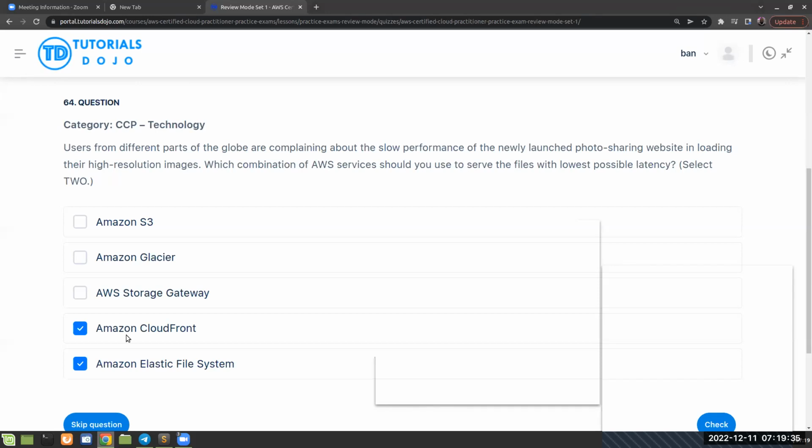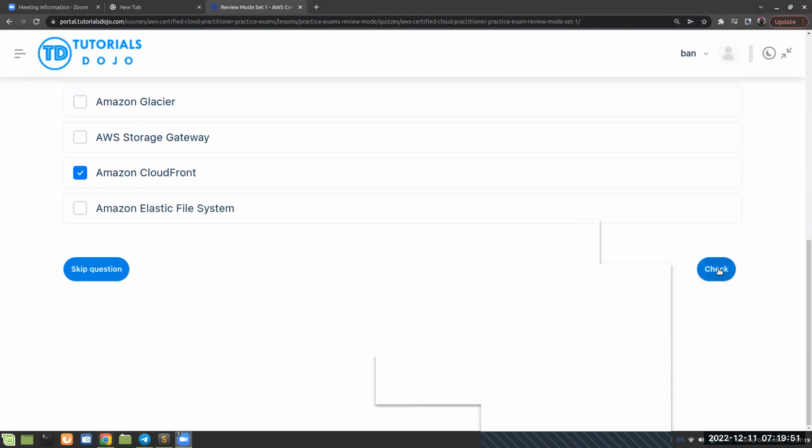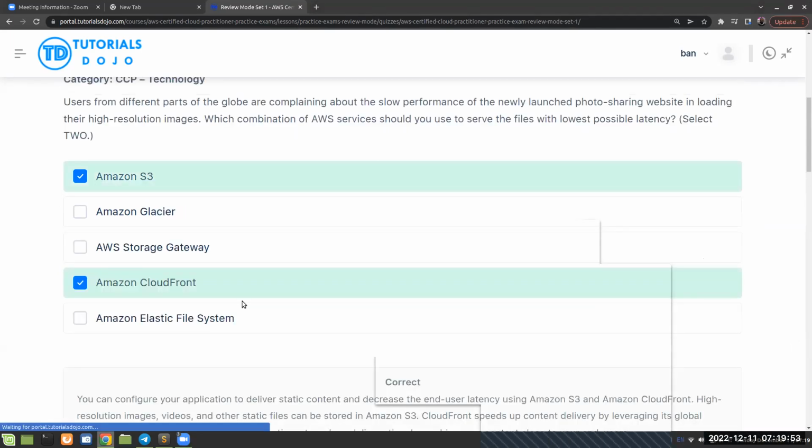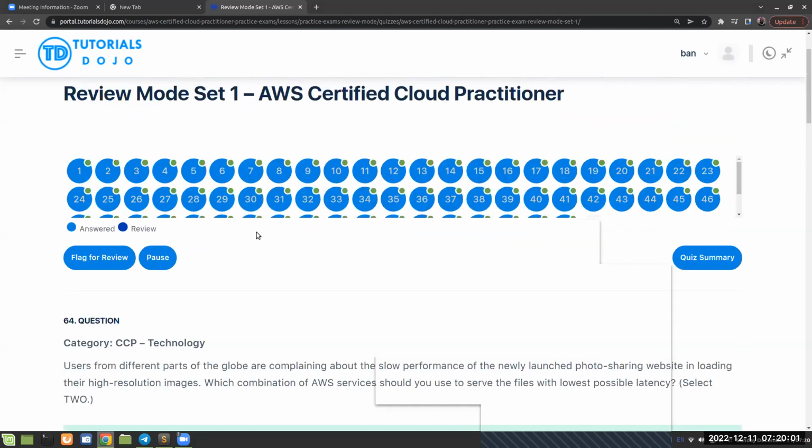Right. So no reason to use Elastic File System. Photos are objects and they are static, right? Once you have a picture, you always have it. So it's Amazon S3 and then CloudFront, because of static data. Elastic File System is when you have EC2 instances and you need them to access a common shared environment, shared storage.